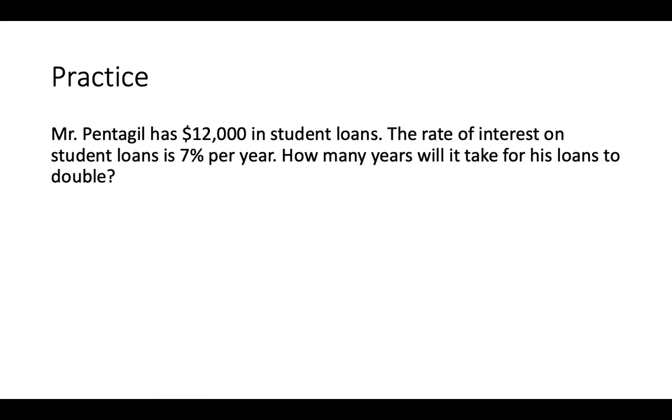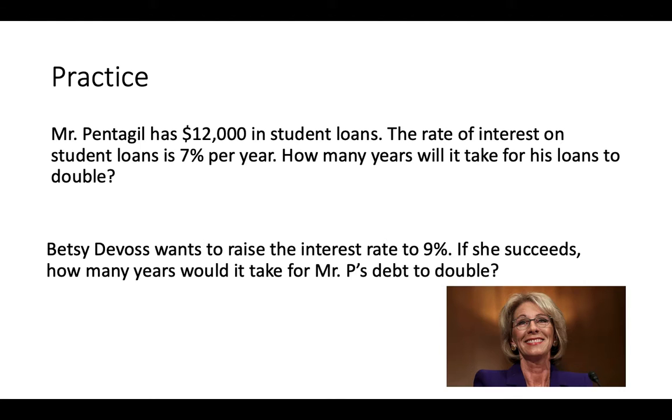Let's do some more practice. Mr. Pentakill has $12K in loans. The rate of interest on student loans is 7% per year. How many years will it take for his loans to double? Okay, in part 2, Betsy DeVos wants to raise the student interest rate to 9%. If she succeeds,